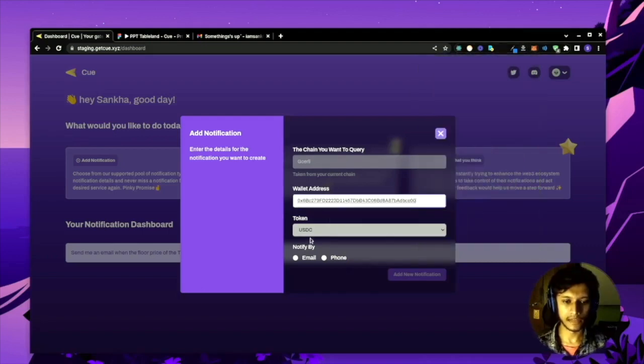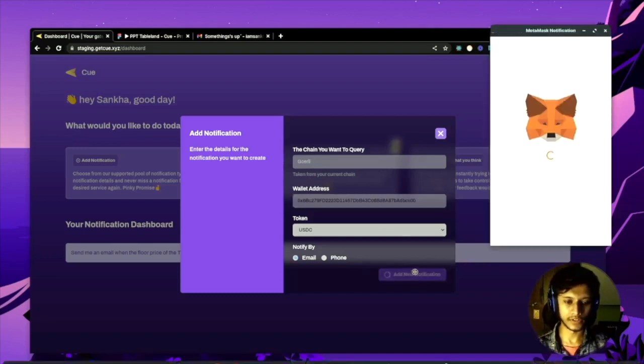So I'll just put in my wallet address and select notify by email, and the chain is locked for the moment. We are currently supporting ETH Goerli, and Polygon and Optimism chain support is coming real soon. So I'll again click on add new notification